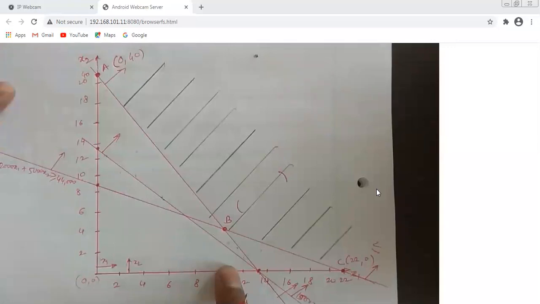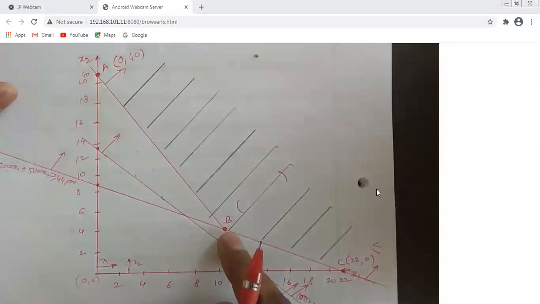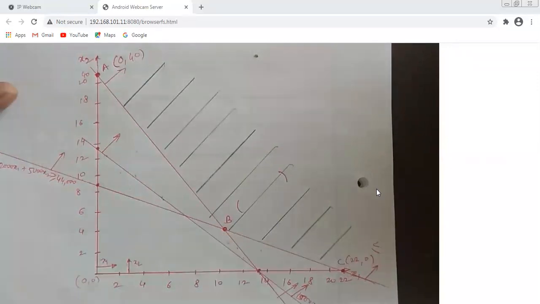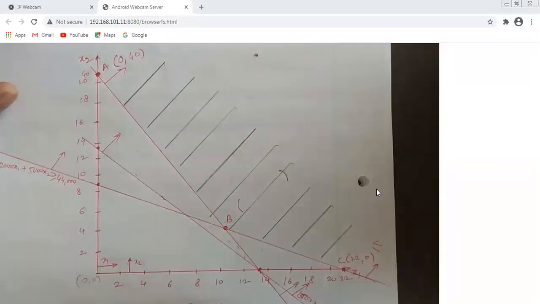But if you are solving this numerical with the help of plain paper, it is very difficult to find the coordinates at point B. So what I told you in the last lecture, how to find the coordinates at this particular location when we are getting this kind of condition. First of all, you have to check which lines are passing through these particular points. See, there are two lines passing through this point. One is this line and the second is this line.